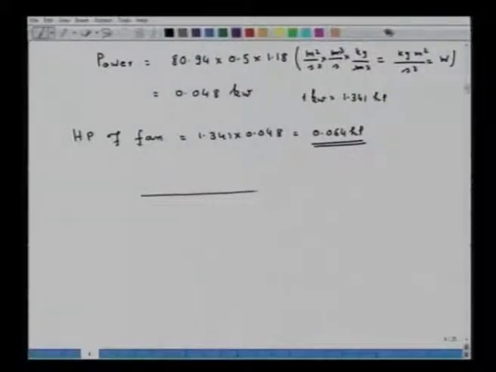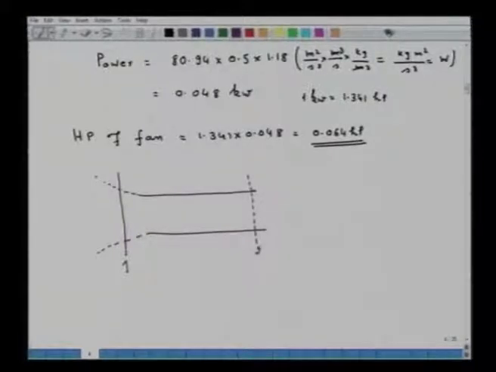So, this is the duct, and what I do now, the plane 1 I retain as it was previously. This is the plane 1. Now, what I am doing now, I am shifting plane 2 at the exit of the pipe. This is my plane 2, this is my plane 1, and this is again the same rectangular duct. All dimensions are same as what we have done just now. What you have to apply now is the mechanical energy balance as shown in this particular diagram.